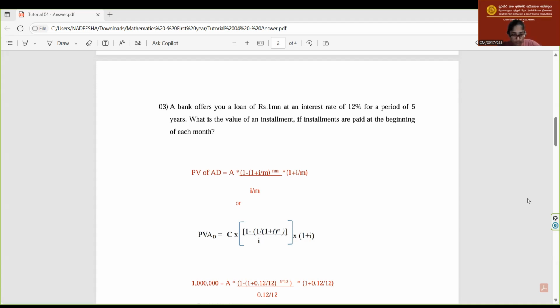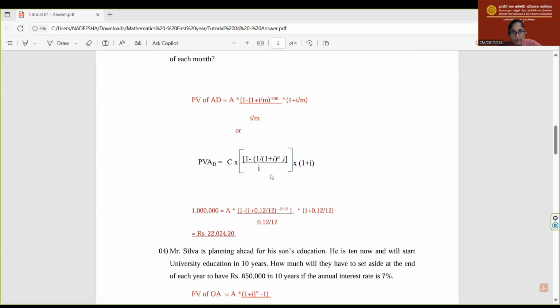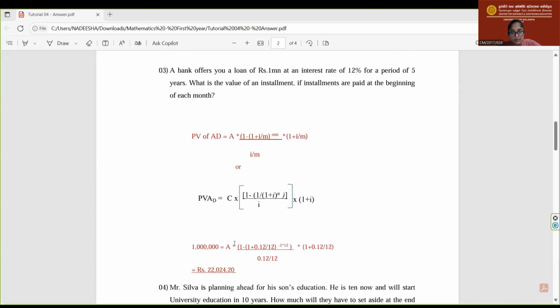And then the whole thing you have to divide by 0.01. Then you can get 44.95503841, multiplied by 1 plus, open a bracket, 0.12 divided by 12. Then you can get the answer as 45.40458879, right? So this answer multiplied by n, therefore 1 million divided by this answer, then you can find the answer as rupees 22,224.20. So this is the value of the installment if installments are being paid at the beginning